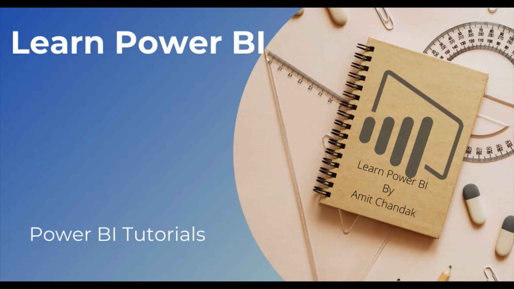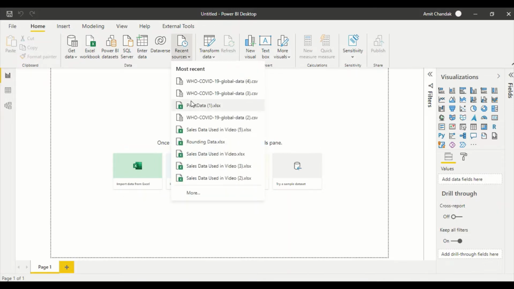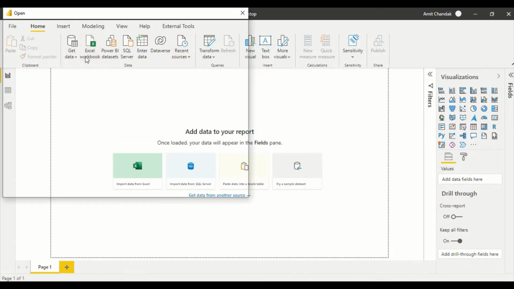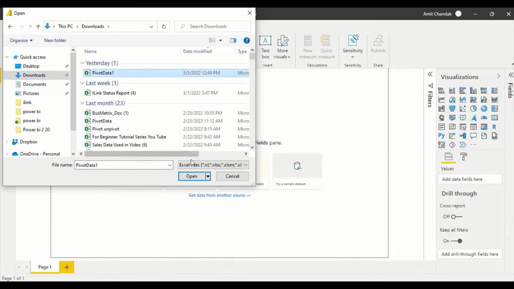In this video, we are going to discuss Power Query functionality of fill up and fill down. So for that, I would like to import the data. The data I would like to import is pivot data. So let me go ahead and say Excel workbook, and I will go to downloads. I will look for pivot data,